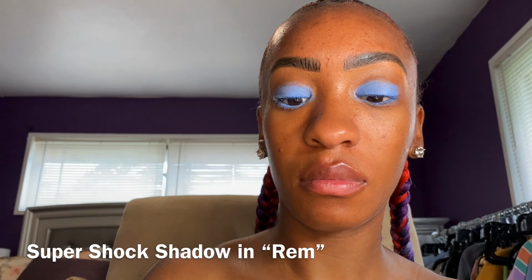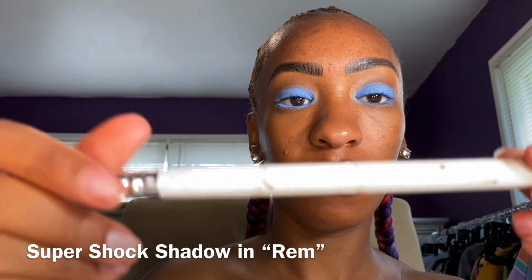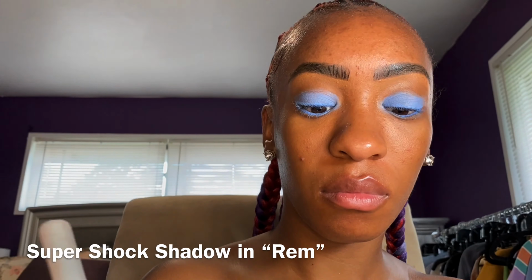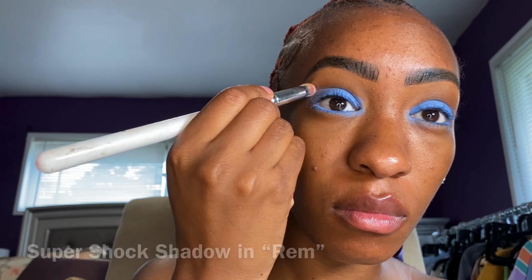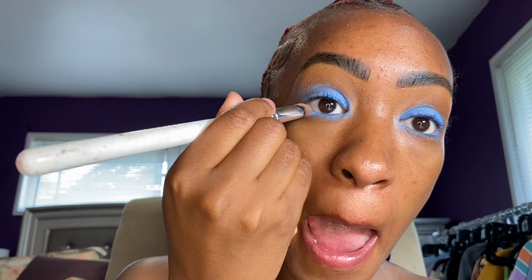Okay, so next color I'm using is the Super Shock Shadow by ColourPop in the color Rim. And I'm using a denser brush, which is a ColourPop brush E7. I have to tell you guys, like,